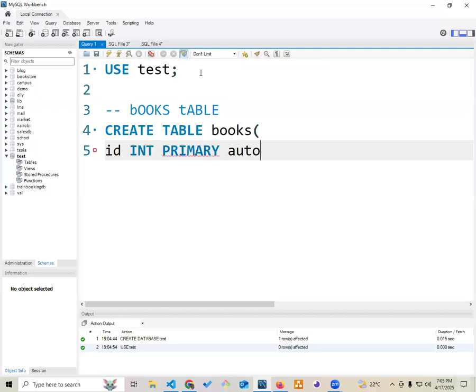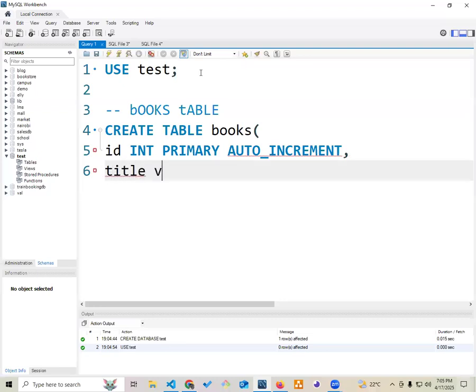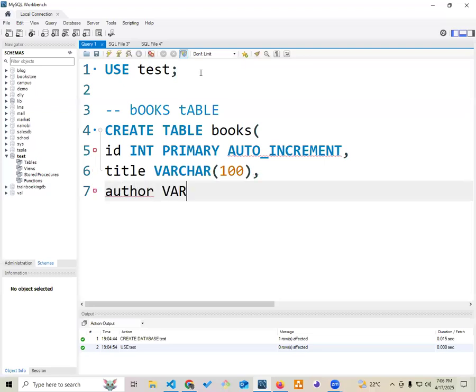It's an auto increment, comma. The title of this book, it's a varchar. I'll pass in there 100, and then the author, 50,